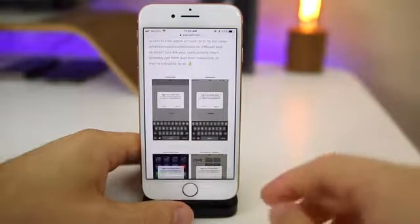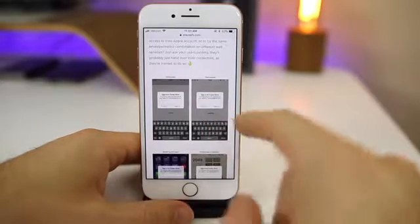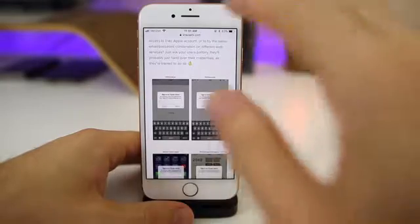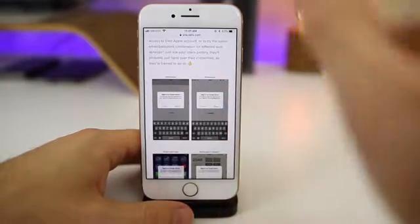So if you've been using iOS for a while, you've seen this pop-up box many times, and most people, 99.9% of people, would not even hesitate to put in their password. They wouldn't even think twice about it because it looks the same and they're so used to just putting their